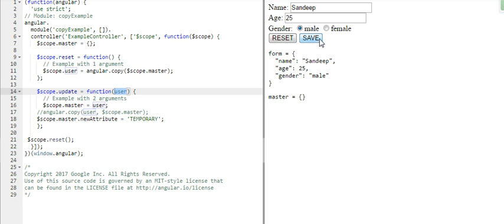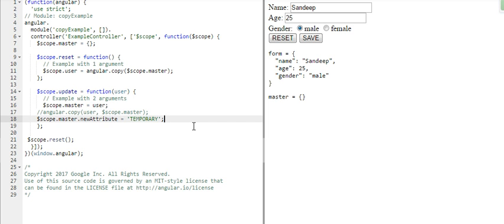and click save, what it does is that it calls the object function update and passes our object user, which assigns this user to our master object. So basically it's assigning the value to the master using a classical way of assignment operator. And in this operation we are also adding a new attribute named new attribute with value temporary. So it will be visible in master.